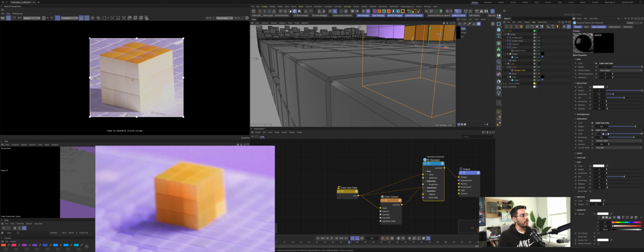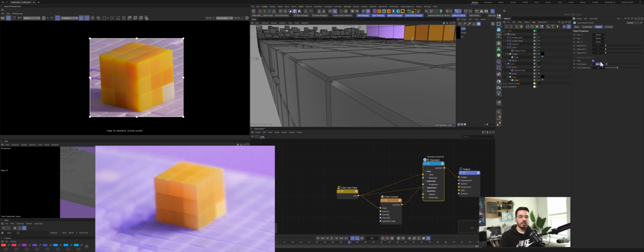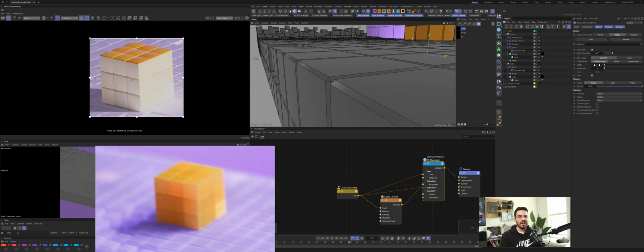on the scale of the subsurface, which the way that I understand it is how much we're letting the light go through. And maybe my fillet radius here needs to be softer because it looks very tight. Yeah, I think that helps. Yeah, that definitely helps. So the fillet in my cube was a little bit too tight. So let's do the same